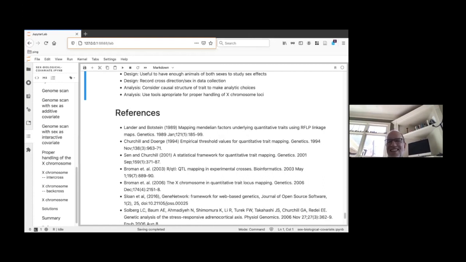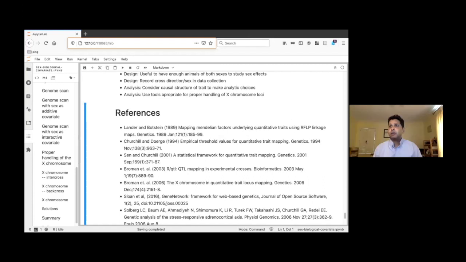Say something. So I think for recombinant inbred lines, it will depend on how the recombinant inbred lines were derived, right? So, for example, let's look at the structure of